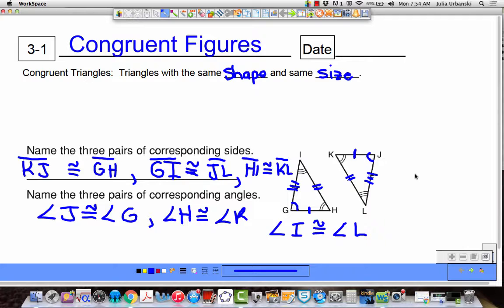Alright, so up at the top, right in between there, let's put in the important word, the term here. An abbreviation or an acronym for it is CPCTC, and you have that already written down. But let me tell you what it means. It means if you have 2 triangles that are congruent, like these 2 here, then all of their corresponding or matching parts are congruent. So, corresponding parts